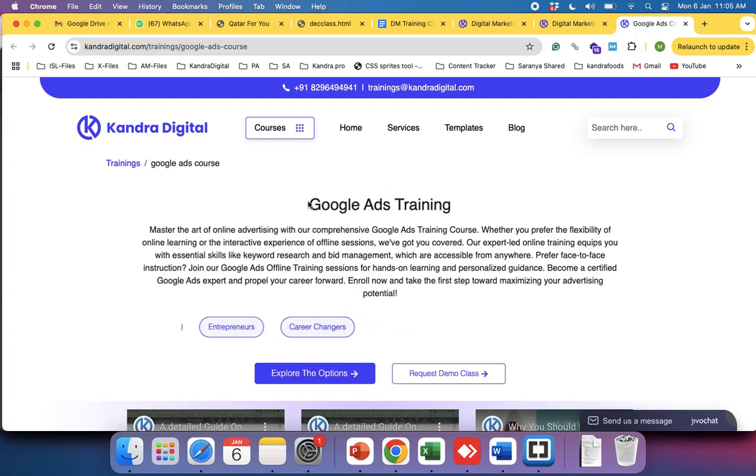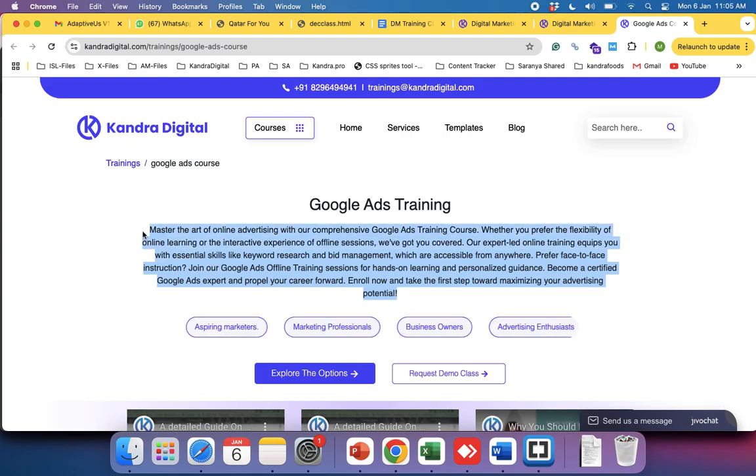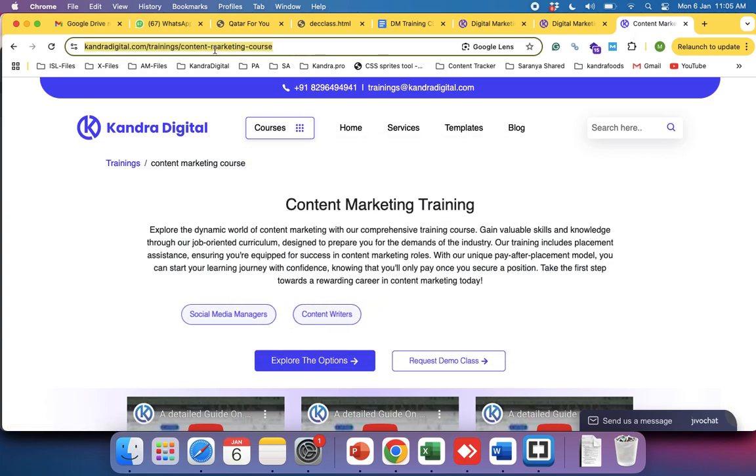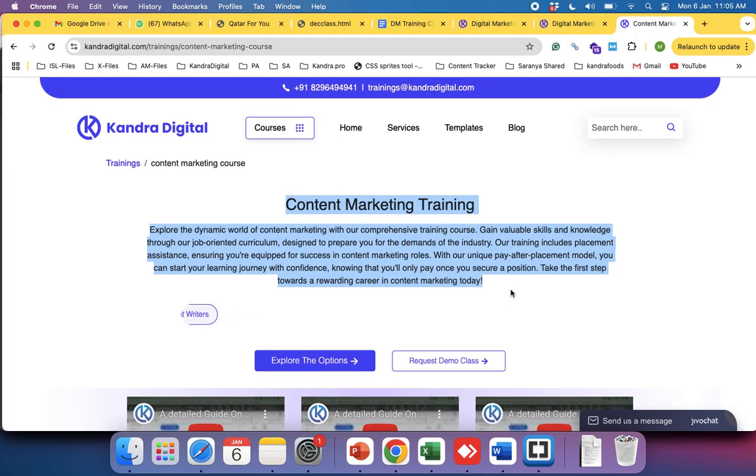So an HTML page is built by leaving this space empty. This is left empty. All these are blank. It's one single template or one single HTML page we are using, right? But how are we managing different content on different pages? We are getting different content to these pages by storing content in the database, and based on what you are requesting, for example the content marketing course, the respective content from the database is pulled and